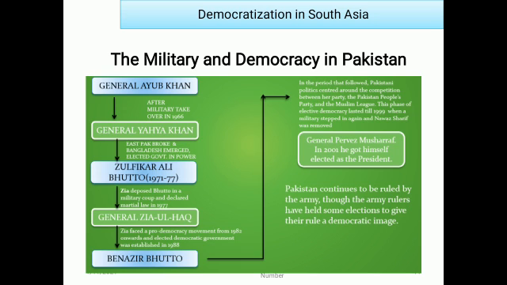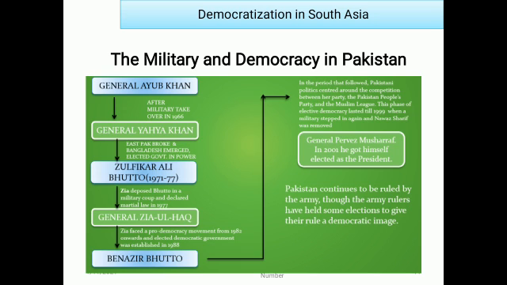So first of all, we'll see General Ayub Khan. After the military takeover in 1966, then there comes General Yahya Khan. Pakistan broke and Bangladesh emerged. Elected government in power. Then Zulfikar Ali Bhutto